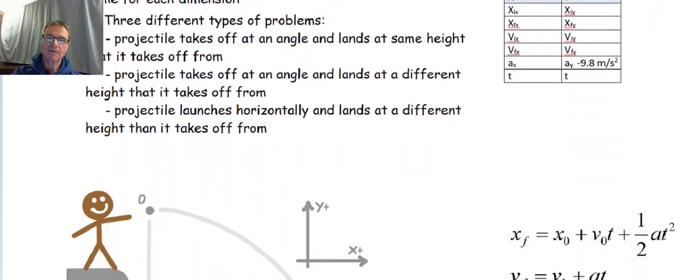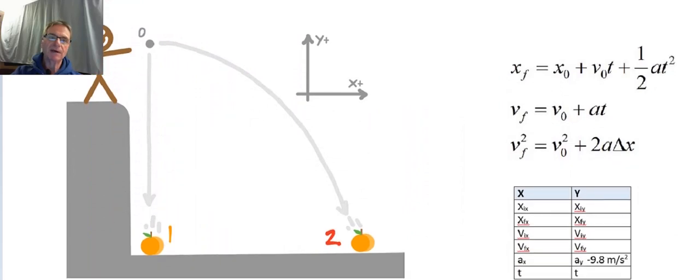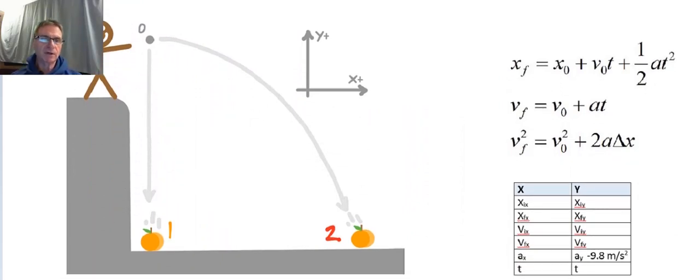Well, scroll down a little bit here. I've got a funny looking cookie guy over on the left-hand side. And this cookie guy is initially holding 2 peaches. And magically, our cookie guy is able to throw one of the peaches out horizontally while dropping another peach vertically at the same exact time. And if I were to ask you which one is going to hit the ground first,